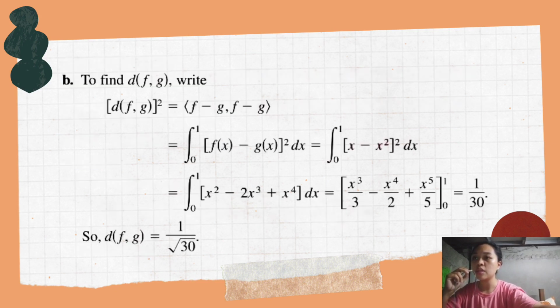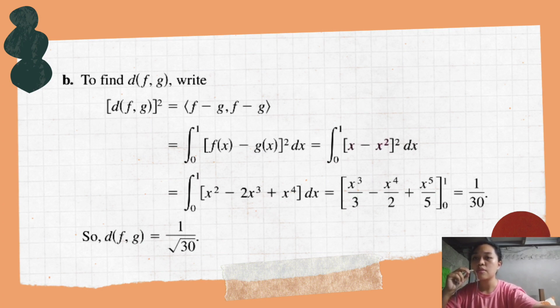Now, in letter B, we are going to find d of f and g, or the distance between f and g. So we can rewrite it as d of f and g squared, which is equal to the inner product of f minus g with itself. Then we get the integral from 0 to 1 of (f(x) minus g(x)) squared dx. By substituting the values of f(x) and g(x), we now have the integral from 0 to 1 of the quantity (x minus x squared)